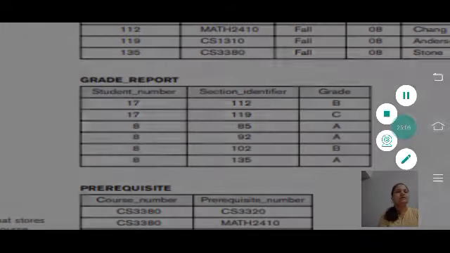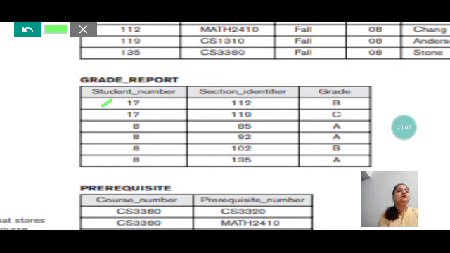So that particular student, number 17, of section 112 got a grade of B. Like this, for section 119 he got a grade of C, and student number 8 for section 85 got a grade of A. Similarly, student 8 for section 92 got a grade of A. So this is the data that we can enter in the grade report. It depends on us which type of data we enter, and we can modify it accordingly, right?